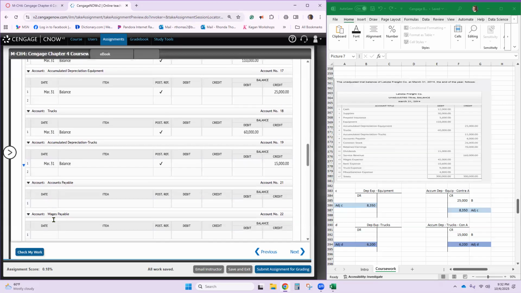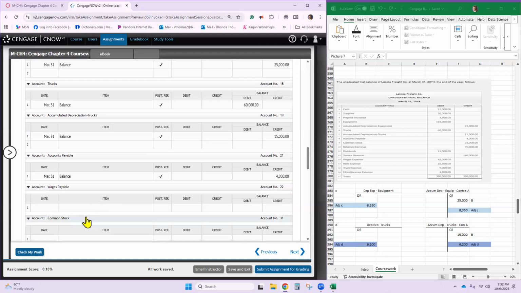All right, so far, accounts payable is next. Balance, but it's a credit. Common stock, wages payable. Now, wages payable is not on here, so it does not get a balance.